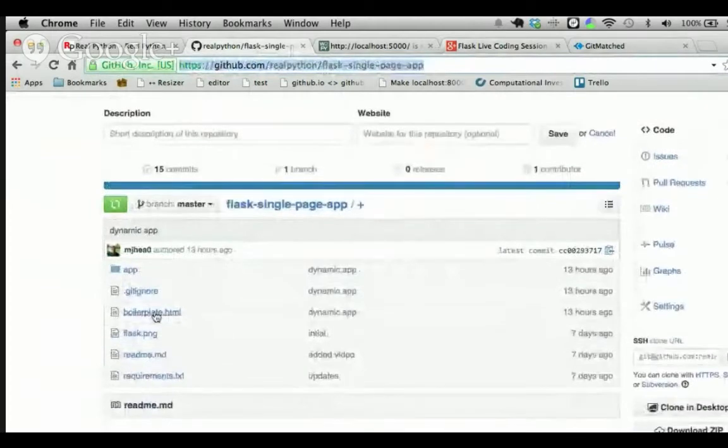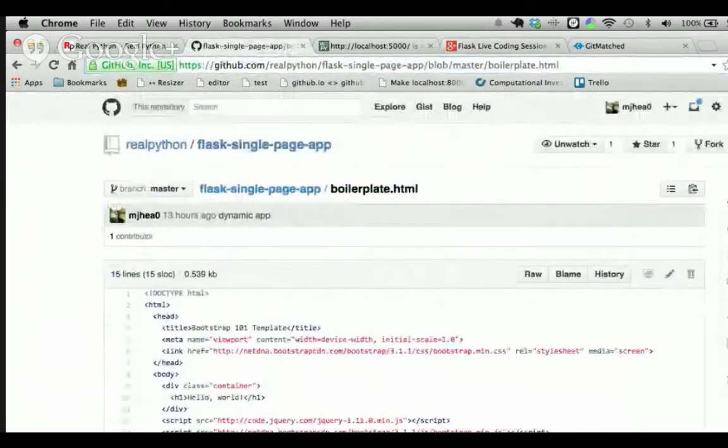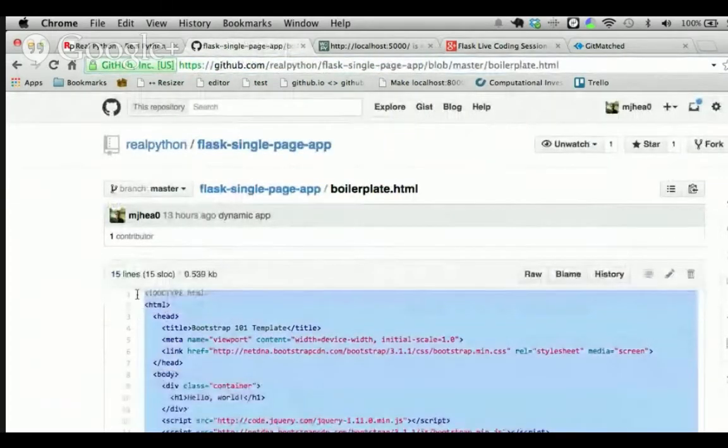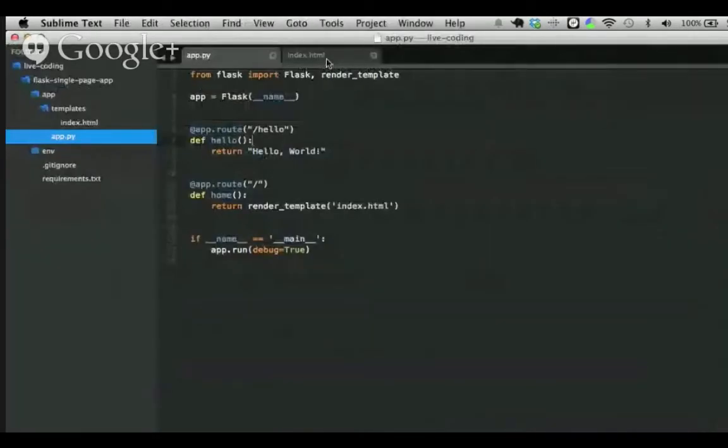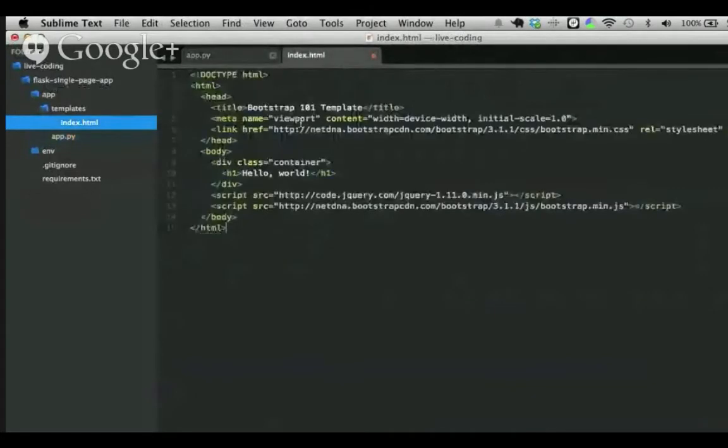So if you grab this boilerplate.html file here, and let's just copy and paste the markup here to Sublime. Let's go ahead and paste that into there.